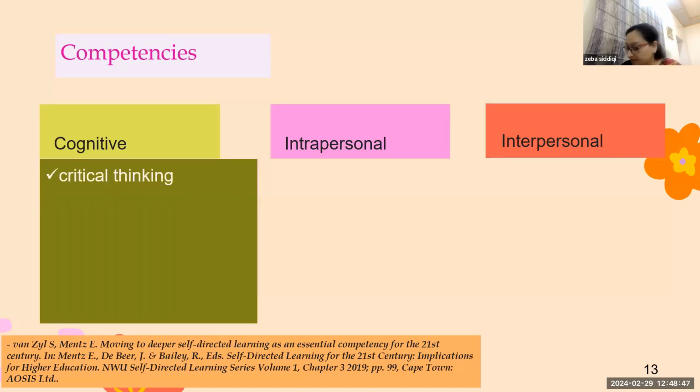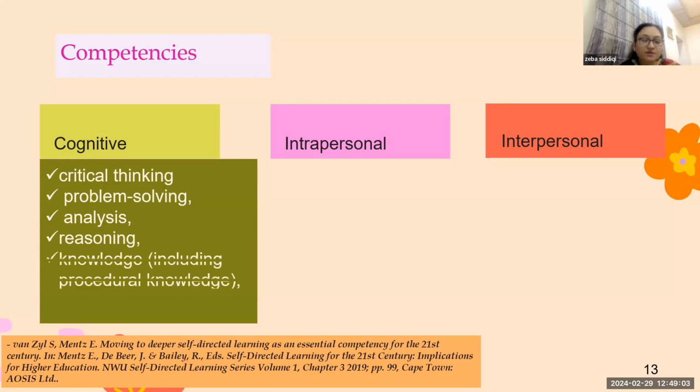They can be about critical thinking, problem solving. They should acquire this quality of problem solving. Analysis. It's not that if one thing goes wrong, then they keep on thinking about that. They have to analyze the situation, what went wrong. They should have proper reasoning. Then they should obviously have knowledge, including skills, and they should have